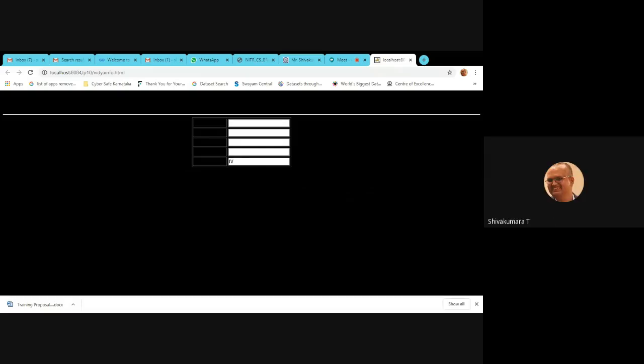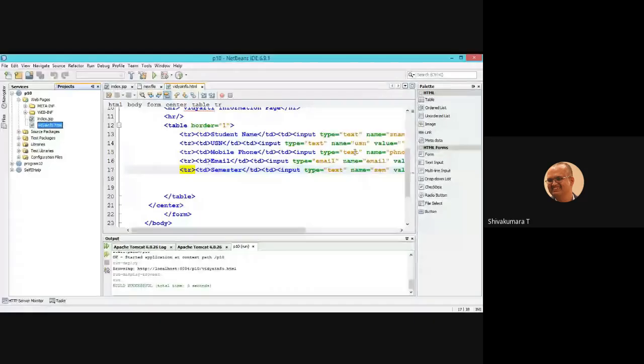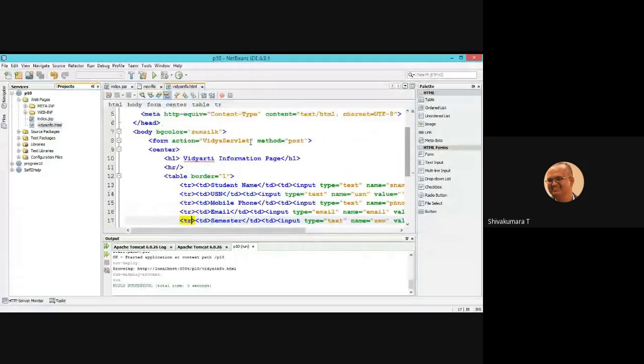Yes, sir. Black screen, right? So the color I have selected, this browser is not supporting currently. To avoid that, I am switching back to the program. I'm changing the background color, BG color Sunsilk to some pink color.